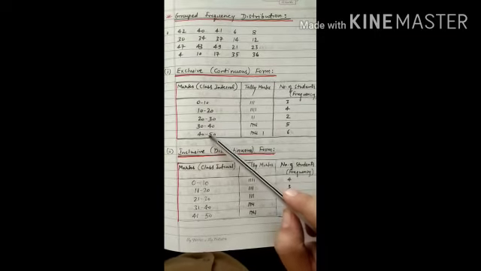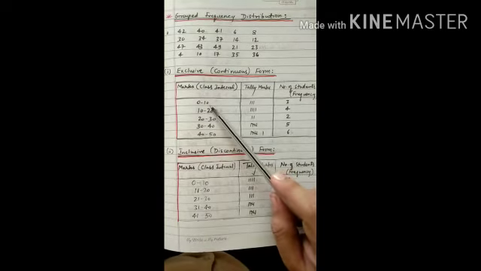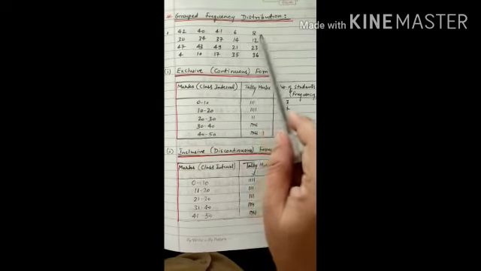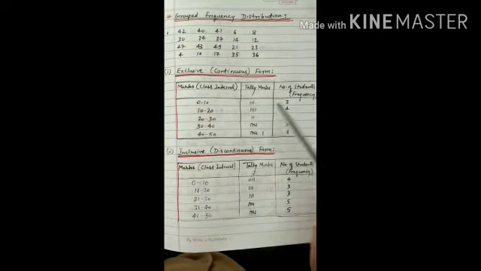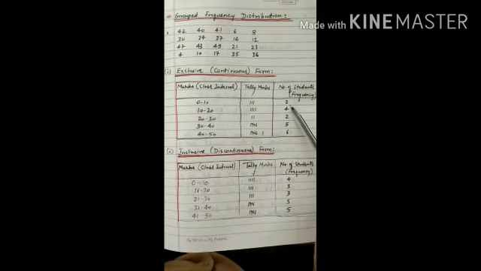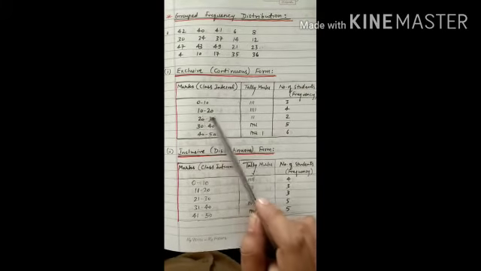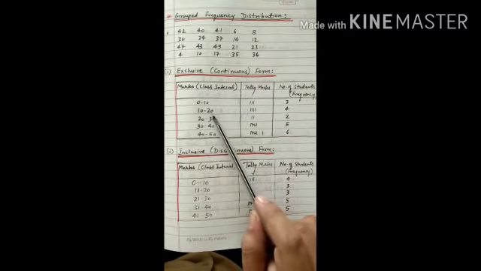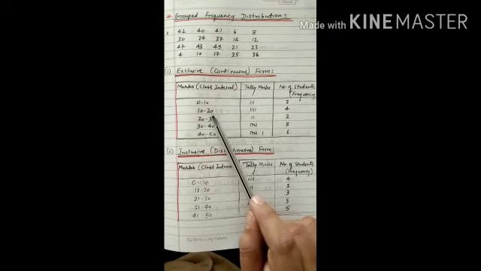In each class interval, we will not count the upper limit value. It means in the class interval 0 to 10, we will only count the values from 0 to 9. There are three values from 0 to 9: 6, 8 and 4. So tally marks 3 and number of students, that is frequency, also 3. In the class interval 10 to 20, we will count the marks from 10 to 19. 20 will not be counted in this class interval because 20 is the upper limit. We will exclude the value 20.